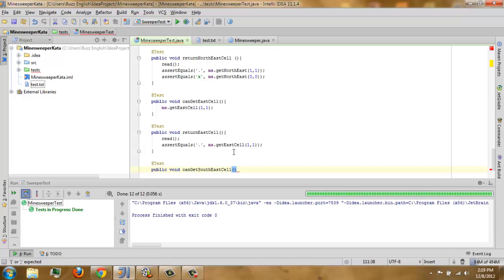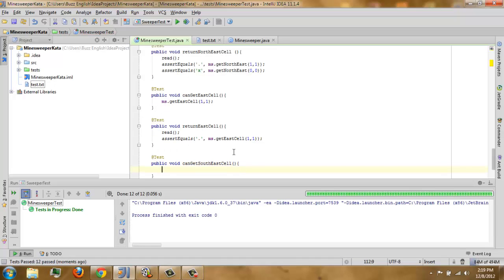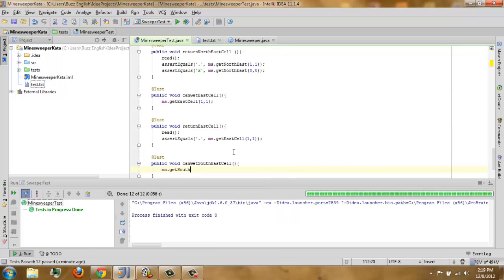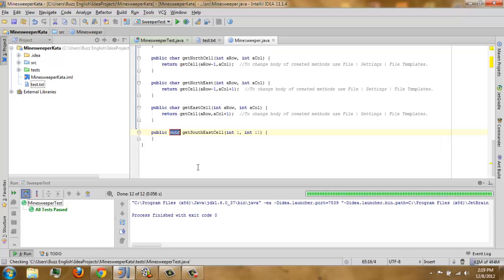Yes. And then we'll have ms dot get southeast cell 1 1. There's a red. Alarm. Create method.